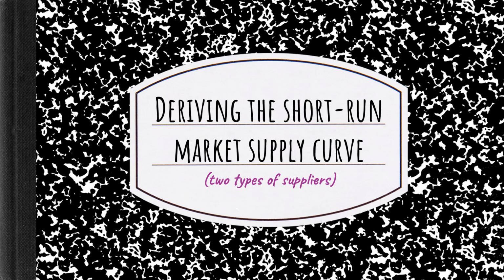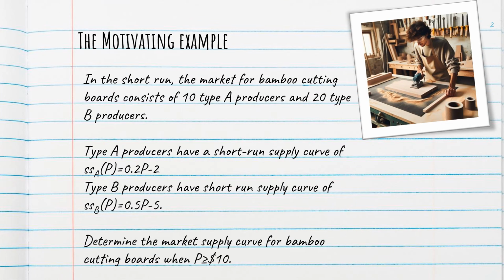In this short video, we're going to learn how to derive the short-run market supply curve when we have two types of suppliers. Let's suppose that in the short run, the market for bamboo cutting boards consists of 10 type A producers and 20 type B producers. We know that type A producers have a short-run supply curve of 0.2p minus 2, and